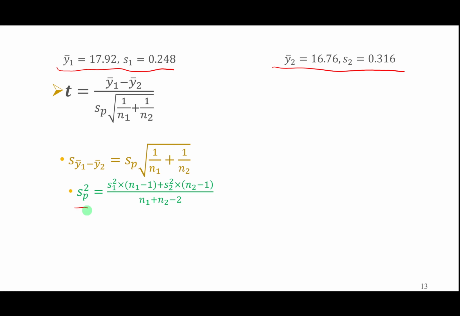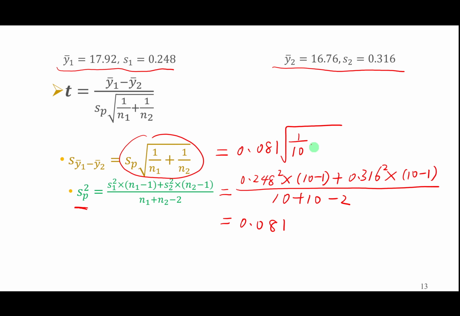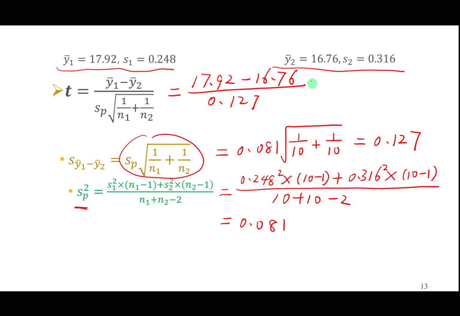So we firstly calculate SP. This equals 0.248 squared times 10 minus 1 plus 0.316 squared times 10 minus 1, divided by 10 plus 10 minus 2. The result is 0.081. And then we calculate this part, which equals 0.081 times the square root of 1 divided by 10 plus 1 divided by 10, equals 0.127. Therefore, t equals 17.92 minus 16.76 divided by 0.127